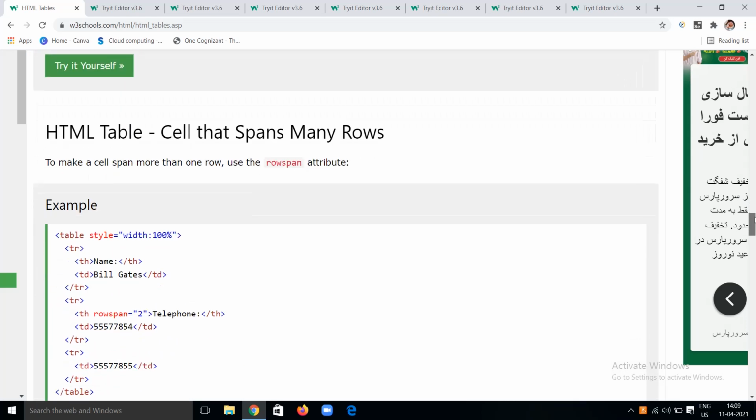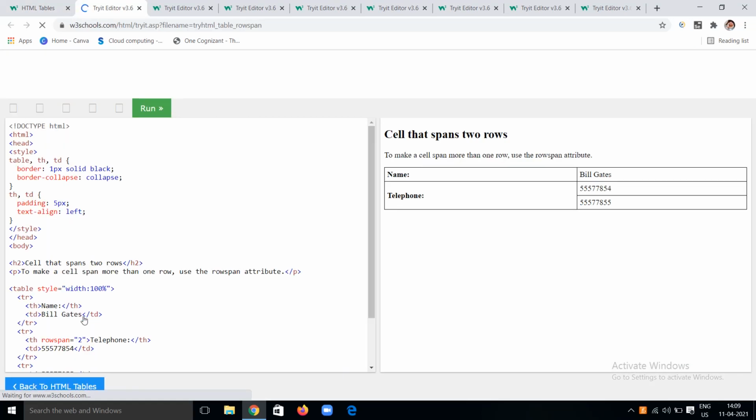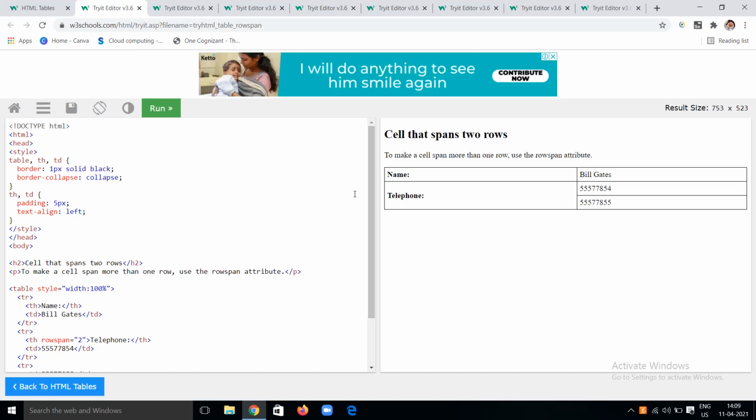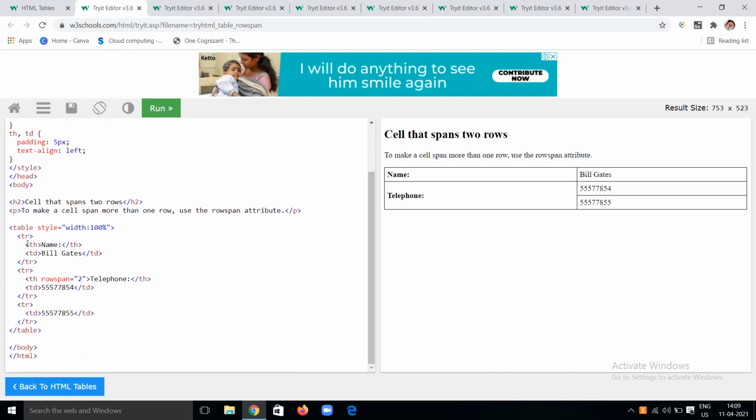And next, not only colspan, we will have span for the rows and columns. We can also give rowspan, like how many rows we can take in the span. You can see I'm giving a border of 1 pixel solid black, and border-collapse is collapse, a single border. And next, padding of 5 pixels, you can see the small space between the border and the data. And text alignment will be left. And this is what we are doing in a column span. In the header part, I am doing nothing. In the second row, I am doing a colspan of 2 for the telephone. I'm giving the data there, in the next column, and in the next column I'm giving the same.